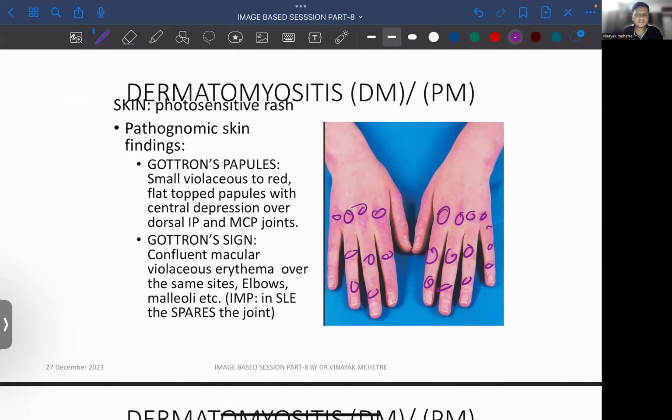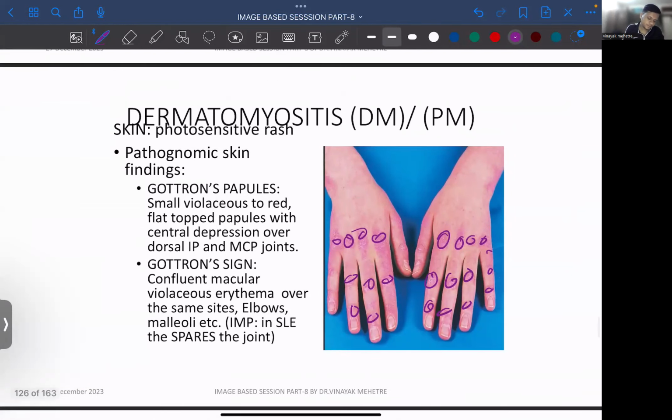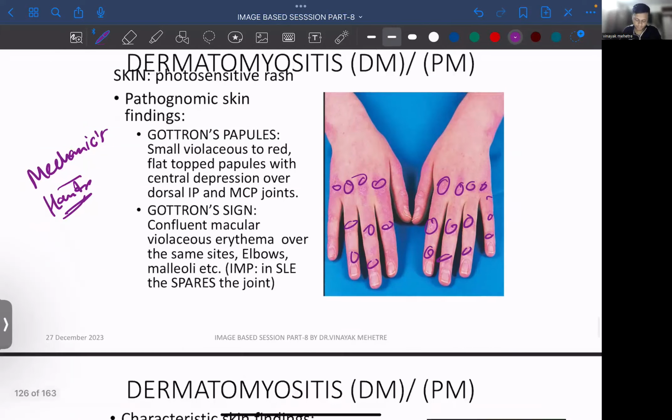Mechanics hand, right? पूछा जा चुका है. This is called as mechanics hand. किसमें मिलेगा? It is seen in mechanics. They used to do some hard work, so they will have lesions on the joints पे मिलेंगे, joints पे. ठीक है,